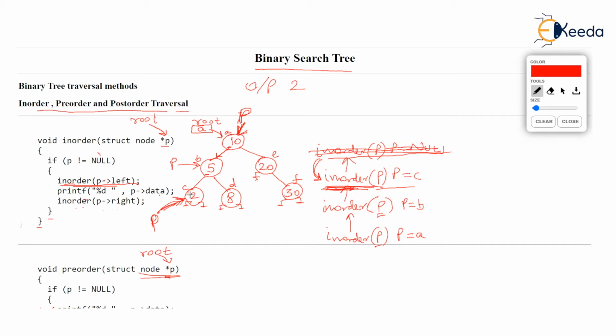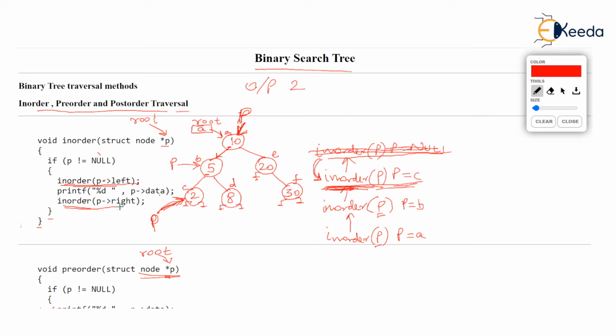Okay, then what happens after that? After printf, there is again a line called inorder. Oh, good Lord, look at that. In which function are we? Check the mouse cursor. We are in inorder p, where p is at c, isn't it? We are in this function currently, and this function successfully printed, printf is over. And now the next line runs, which is inorder p arrow right.